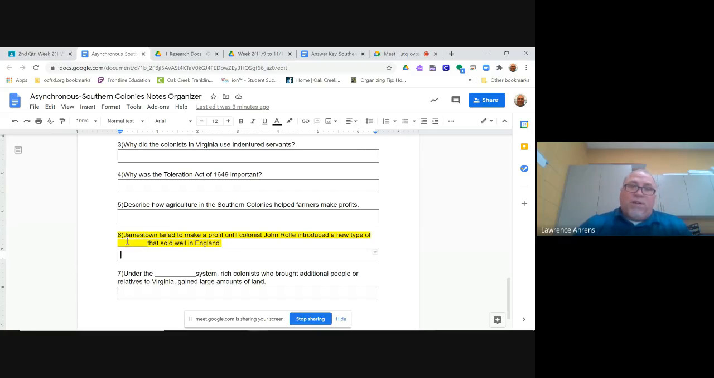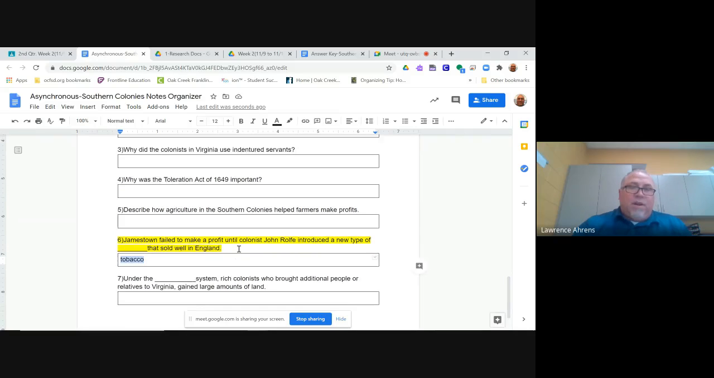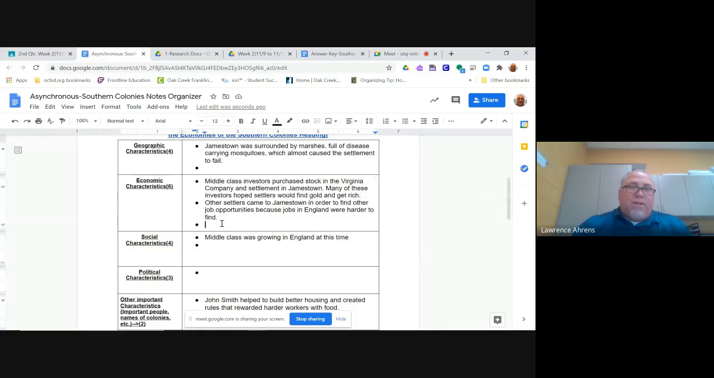And this was actually a question that about 70% of kids on the pretest did pretty well on. And it's a pretty simple answer. It's a one-word answer: tobacco. Now, I could copy and paste this up into, and I'm hoping you know what section we're talking about, since it's a product that people are going to sell for a profit, it's going up into the economics component. So John Rolfe